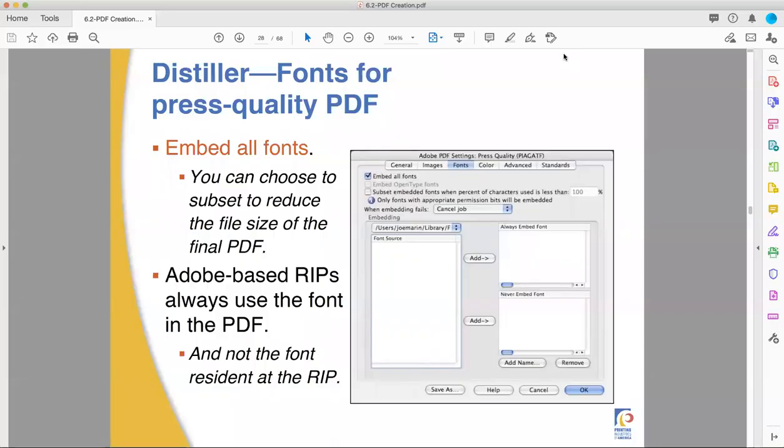Again, you want to embed all fonts. Whenever possible, do that. It's okay to subset if you're not worried about editing later on, but always embed the fonts. If you don't embed the fonts, it's not just the batteries not included. That's like a toy not included box. You're not getting what you need to make it happen. Anyways,